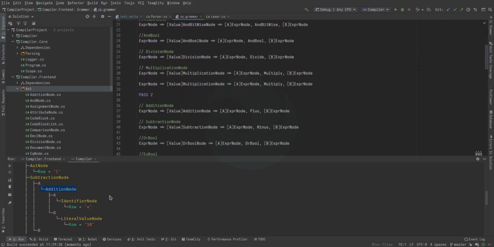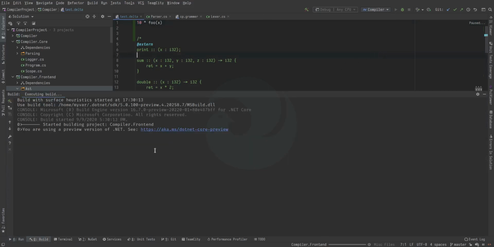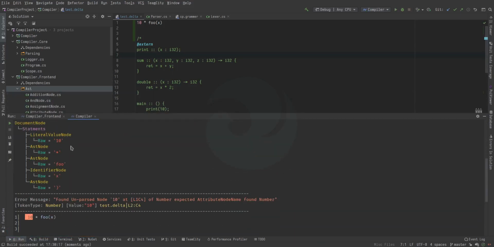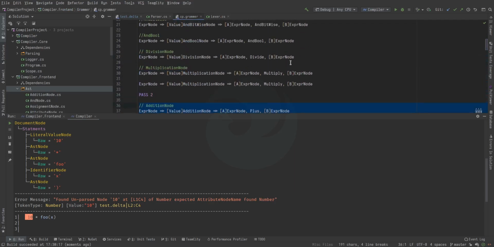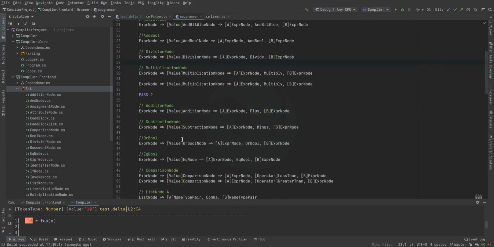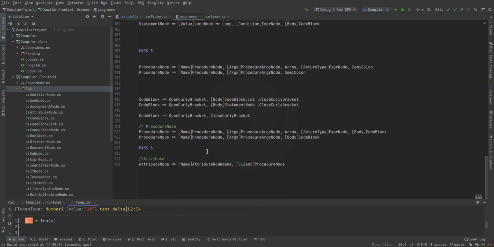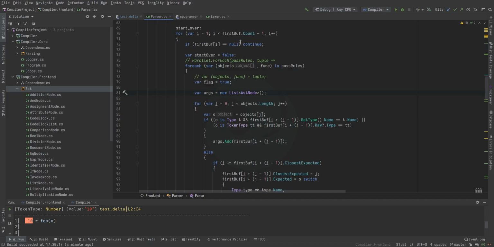But the problem is, and the same problem stands just to demonstrate, if we do foo, invoke it with x, for example, it will lose its mind. The reason is that these rules where we parse things like subtraction and division and multiplication are in the first two passes, and then we only do the invoke statements later on. So the solution would be to allow you to rather name the passes and then have a pass repeat. I guess a simple fix, just off the top of my head now, would be to just run the parser twice,